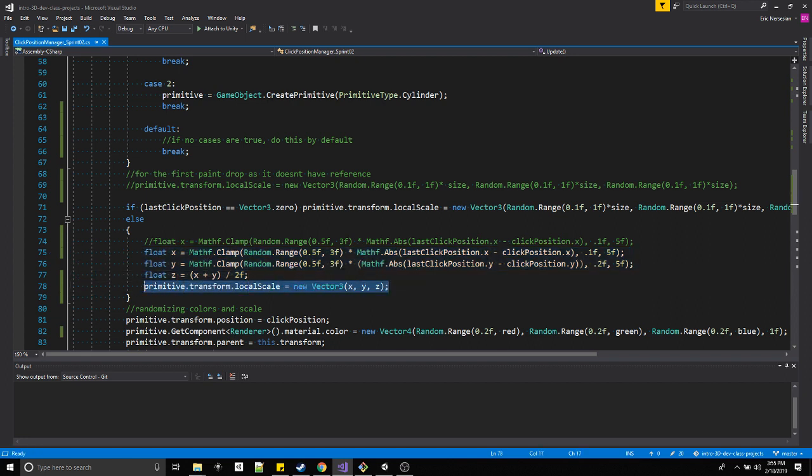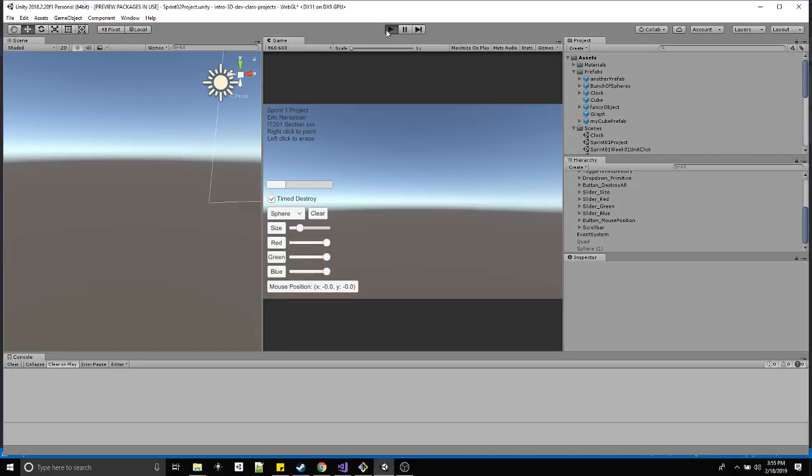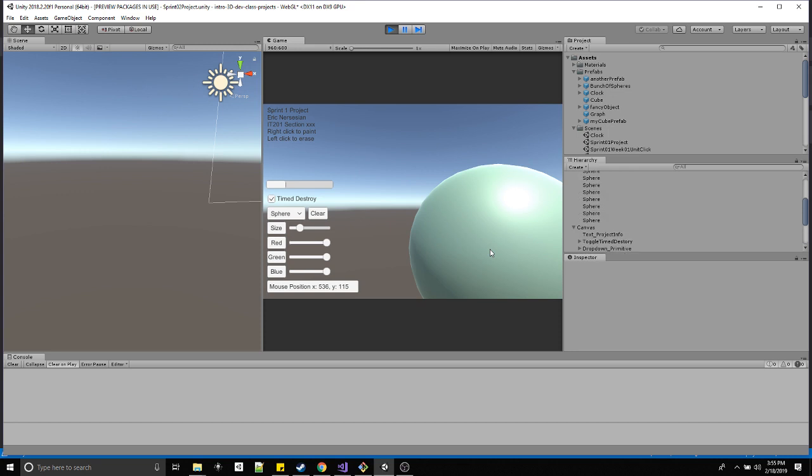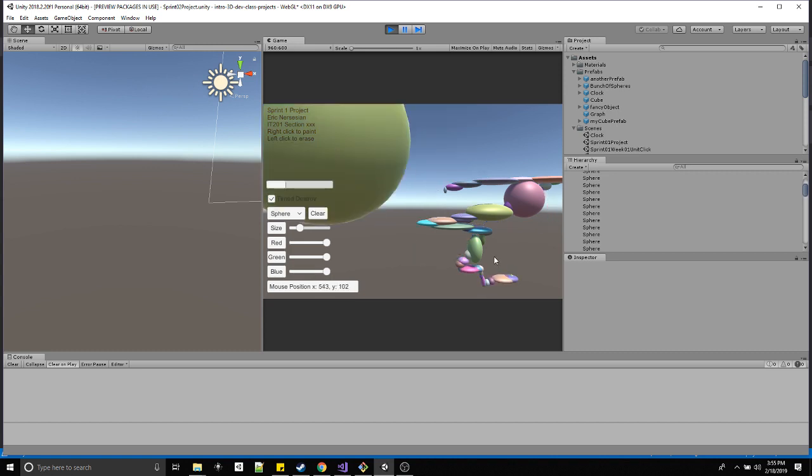And so lastly, I'm putting this all into the local scale. And then the only thing I have to deal with at this point is that the first stroke is wild. I don't want to click right away because there's no previous information. It just does a random sampling 0.1 to 1. But say I move down here. Look how big that gets. So as you continue painting, it's fine. It's that first stroke